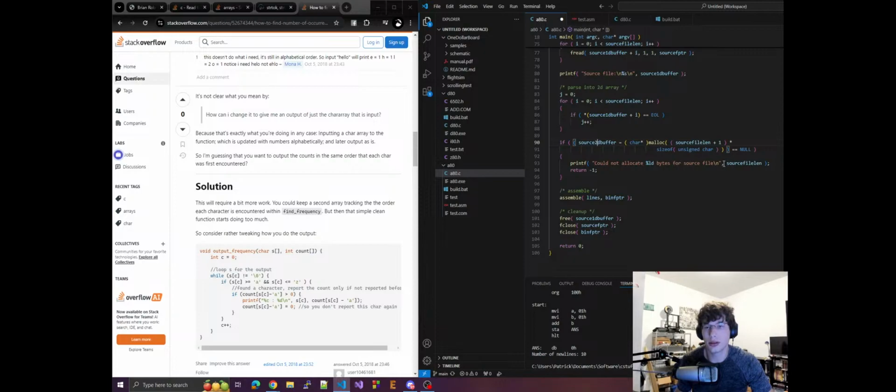But could I allocate? Cool. So what we're actually going to do is take malloc, and instead of being all cute, we can take max line length times